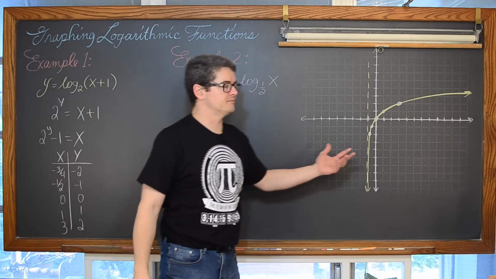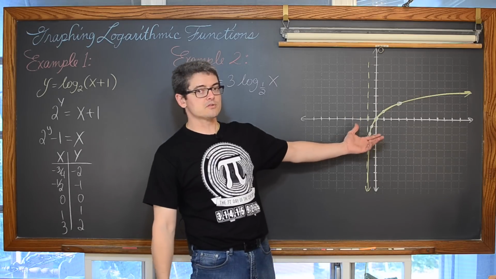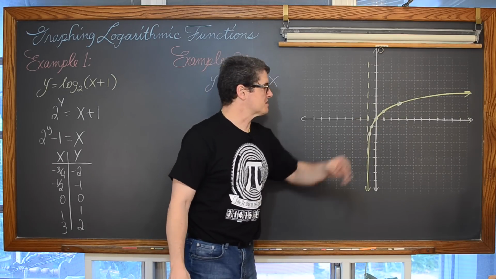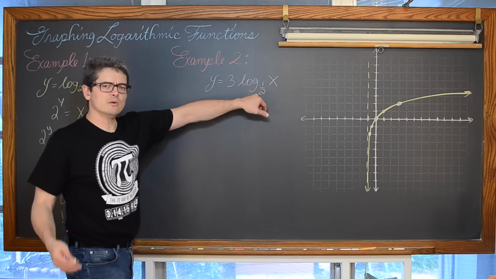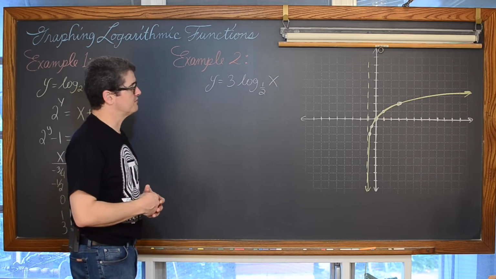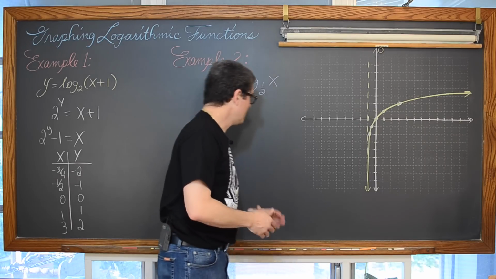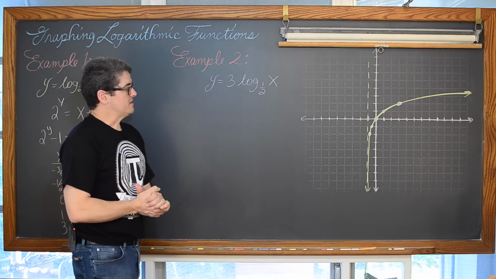Now, you might have thought, I know what the parent function looks like. I know it's going to move to the left anyway. But that's not just a sketch. It's more of an actual graph. And then, do you know the parent function for a base of 1/2? And with that vertical stretch of 3? So let's do this with the t-table.